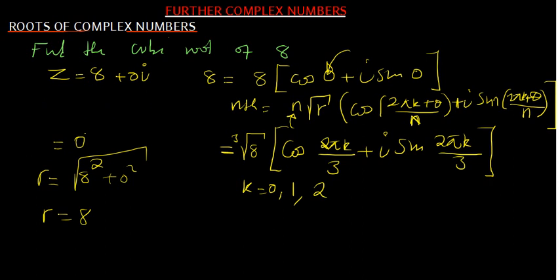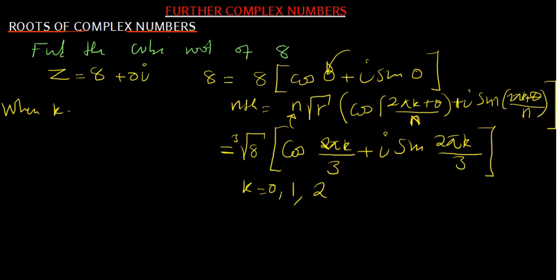Okay, so that is going to be it. So we'll start when k is equal to 0. What will be the cube root? Of course, the cube root of 8 is 2. So outside here we have got a 2,